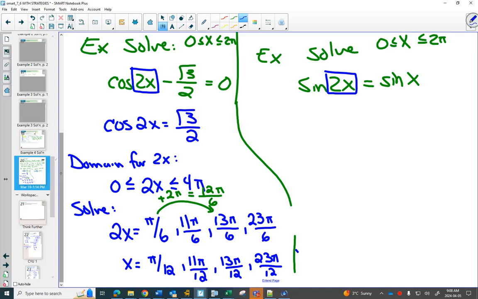On the other side, we have the double angle, but we have another trig function, so we have to use our identities. Now, sine 2x only has one option. Look at our formula sheet. Sine 2x is 2 sine x cos x. I make that change. And right here, again, can you see that you could get rid of the sines if you divided? But if you're tempted to divide, we should factor instead. So I will first